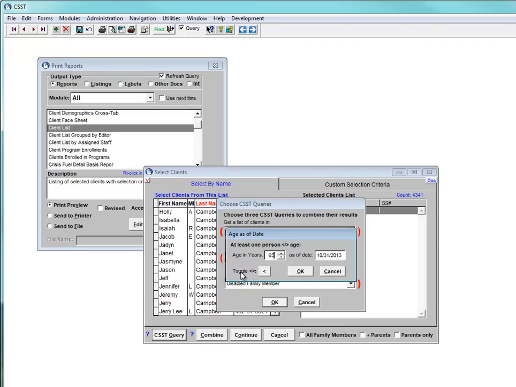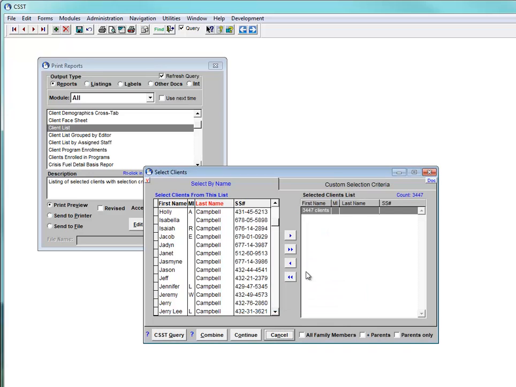age, and we want to toggle the less than to greater than. We'll still use today's date. We say OK. And then it runs the third query automatically because there's no input parameters required for that one with the disability. And we end up now with